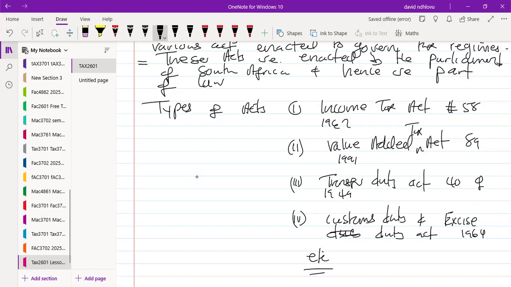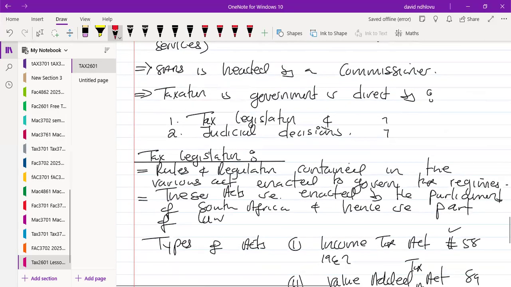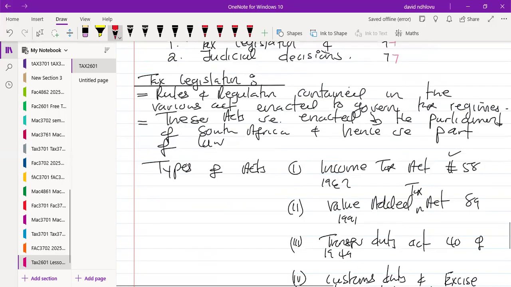Let's just say etc. What is important is that we are able to capture this one, the Income Tax Act, because that's the act that we use. All other acts are not relevant to the syllabus except maybe just to mention them. Otherwise, we concentrate mostly on the Income Tax Act. So the laws that govern the conduct of SARS, that also tell taxpayers what to do and how to do it, you will find either in the acts, which form part of the legislation of the country, or in judicial precedents.